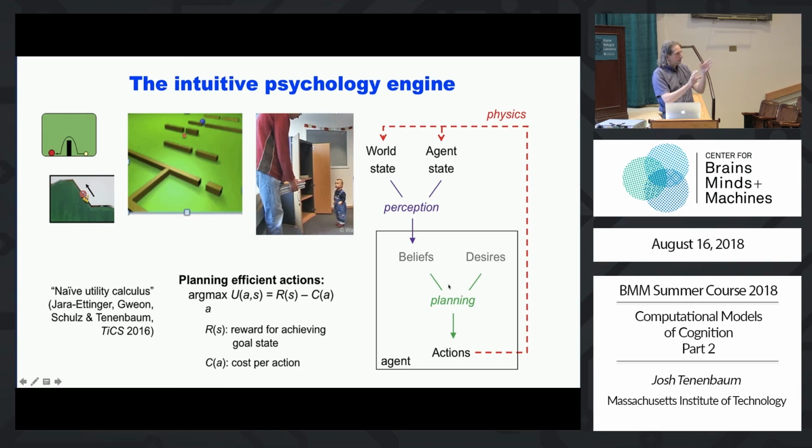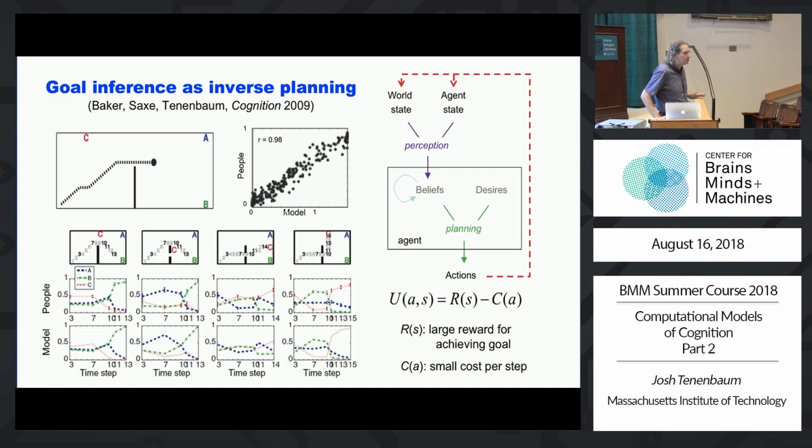So beliefs are a model of the world, especially the physical structure of the world. Desires are the agent's goals. And then you have a planning algorithm which produces actions to achieve the desires efficiently given the beliefs. Now we, as observers, see the output of the planning algorithm, and have to work backwards to it. Just like when we're doing vision as inverse graphics, we see the output of graphics and have to work backwards. But the same tools apply here. We can apply them in a range of settings.